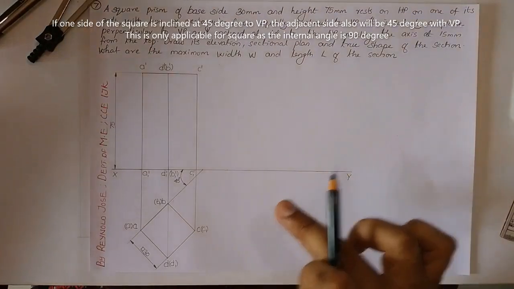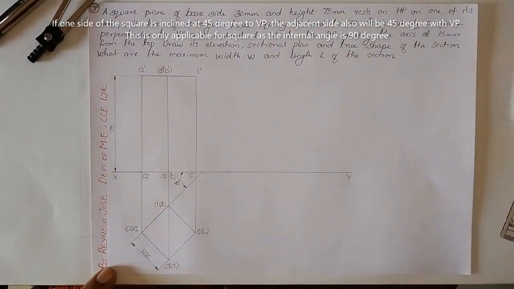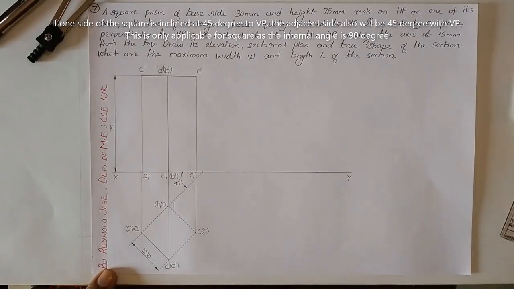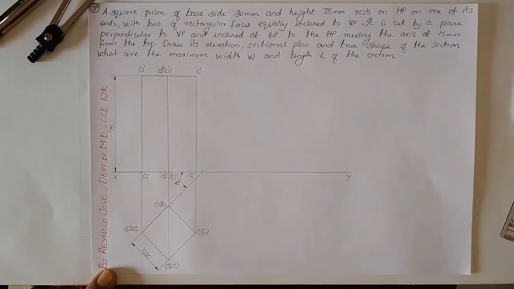So I have drawn a symbol front view and symbol top view using type B lines, that is thin lines here. So as per the requirement of the question, I have constructed a symbol top view and a symbol front view. Our next job is to locate the section plane. So where the section plane is located here, or in which view you can see it as a line. Is it in the top view or is it in the front view? We shall go through the question.